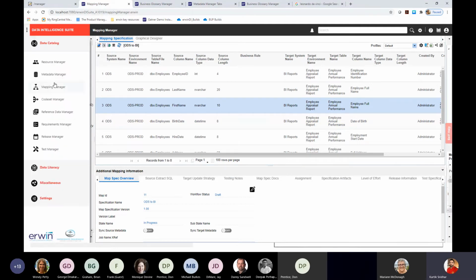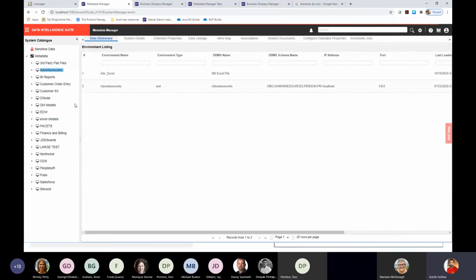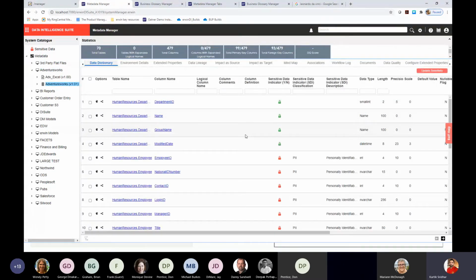And in general, the UI of the application has been enhanced as well. All the grids and all have been made much more flatter. The general styling and all has been improved as well to make it much more user friendly to the business users and also to, in general, any end user that is logging into the product.